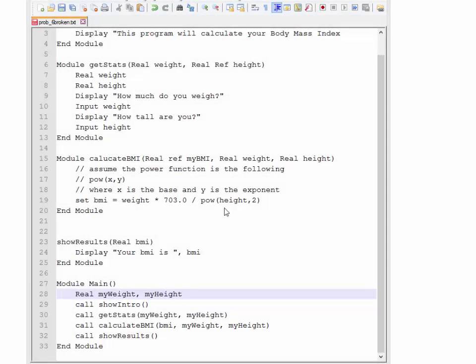Hello everybody. This is problem number 6. We're going to take a look at the corrections for number 6. So first of all, we look at our stepwise refinement and our breakdown of this problem here, our hierarchy chart,